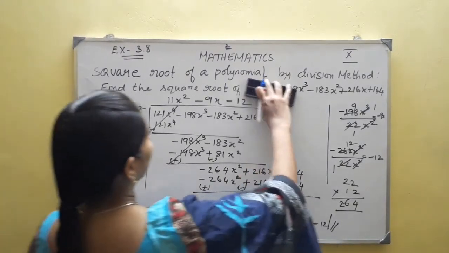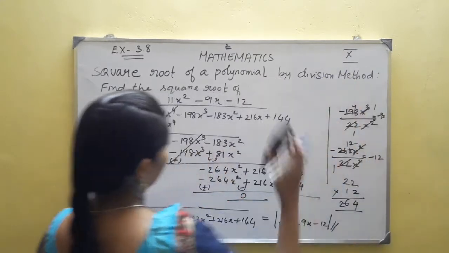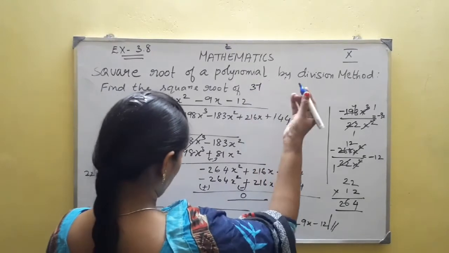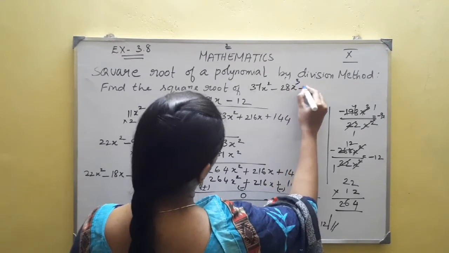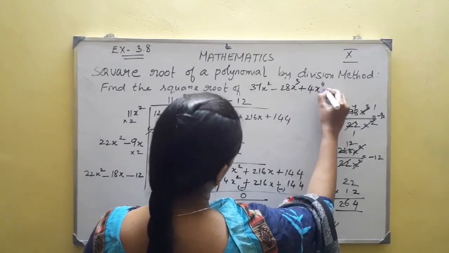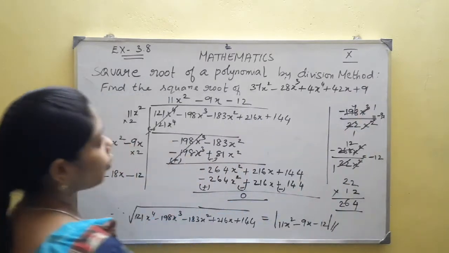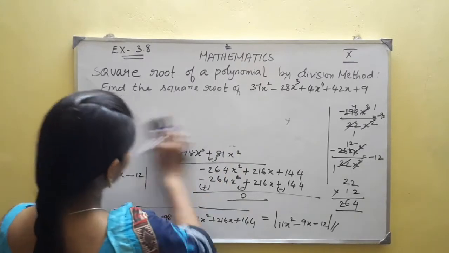So take up one more problem. Do it as a homework. That is, find the square root of 37x square minus 28x cube plus 4x power 4 plus 42x plus 9. Take this problem as a homework, and the hint for this problem is,